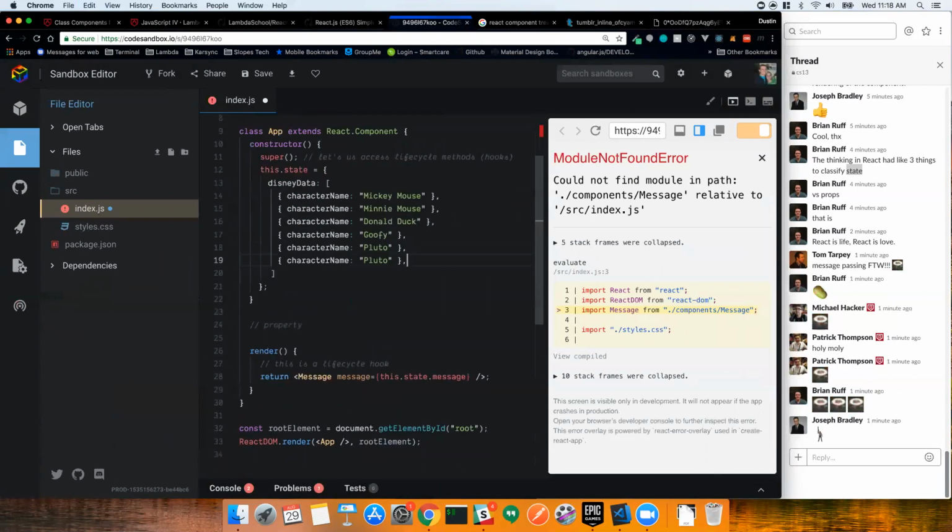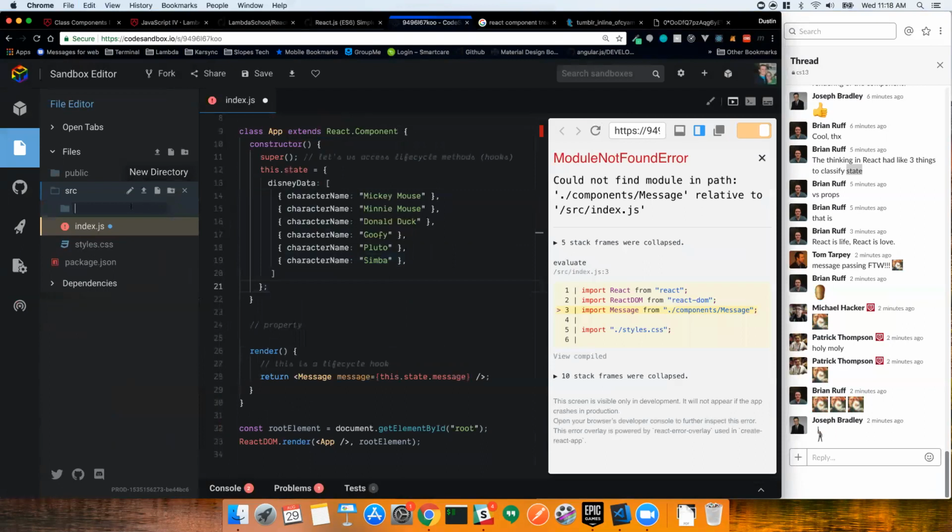And since we were talking about it earlier, we're going to add Simba. Okay, so we've got a list of Disney characters. If we want to do something like we kind of did yesterday, and create a Disney character component,